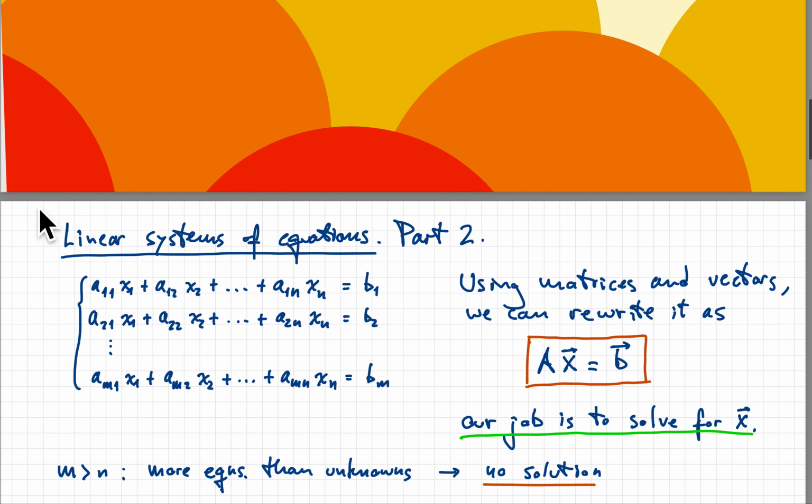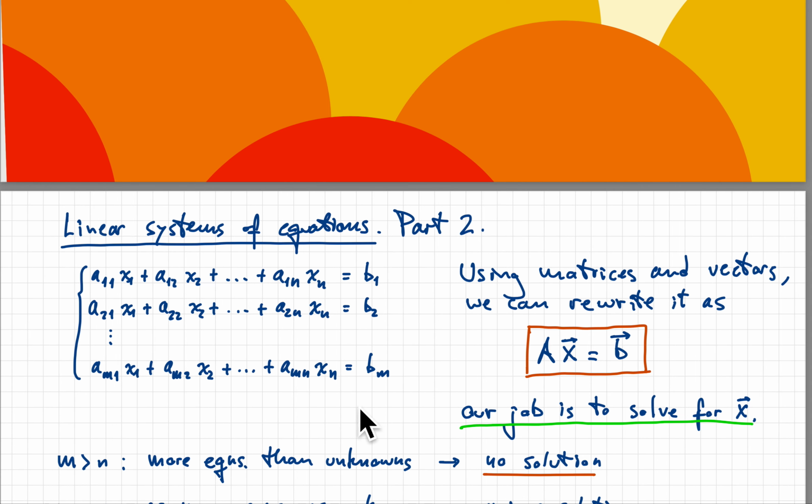And let me remind you then that a linear system of equations is something that looks like this. So here is a system of m equations with n unknowns. And we have our coefficients a11, a12, all the way through a1n for the first equation. We have our right-hand side b1, and so on for every equation. And so we have a collection of m by n coefficients, and we have n unknowns, and we have m